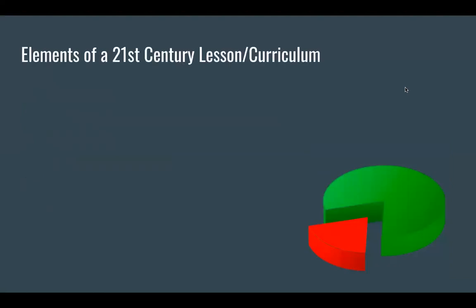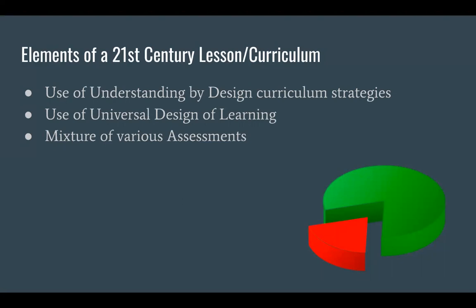So there are a couple elements of this 21st century lesson and curriculum. First off is the use of understanding by design. Using the 3 stages and working backwards, it creates a curriculum that is equitable, fair, and rigorous. By identifying the goals through the standards, whether they're local standards or state standards, you're able to include key verbs to help with the 21st century. Many of the standards and goals include analyzing, producing, creating, a lot of higher order thinking because it's based in 21st